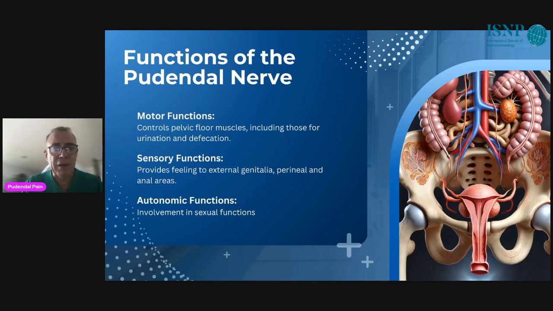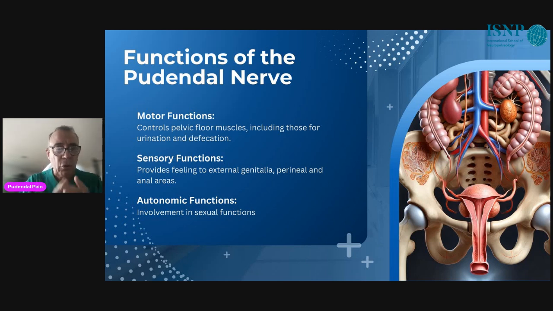The pudendal nerve is what we call a somatic nerve. That means it has both functions: to bring sensory function to the brain and to bring motor function from the brain to the periphery. The main motor function of the pudendal nerve is to control the external sphincter of the urethra and of the rectum. That means controlling the continence of the bladder and the rectum, and it also has some activity, of course, in sexual